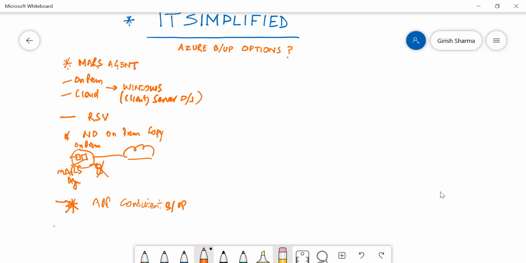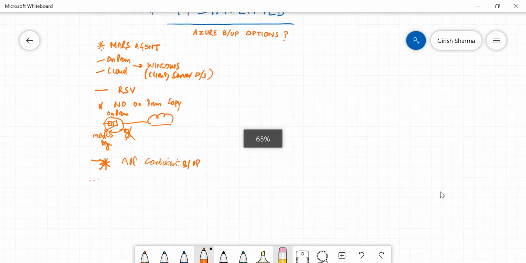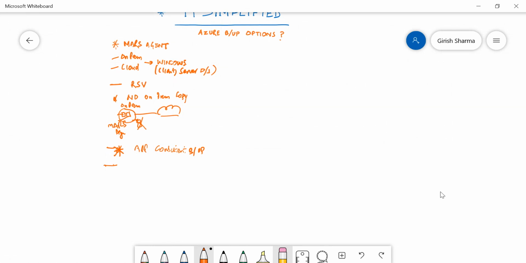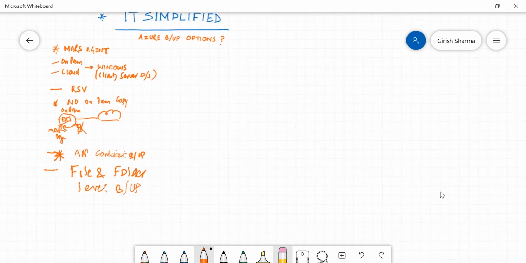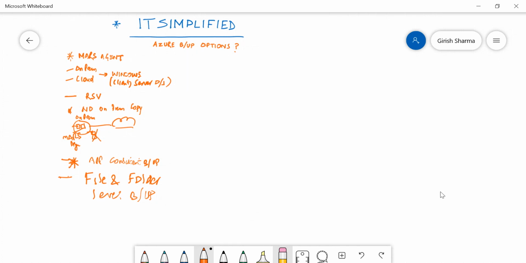This is just designed for file and folder level backup. These are some of the possibilities and some of the shortcomings when we talk about the MARS agent. The second option